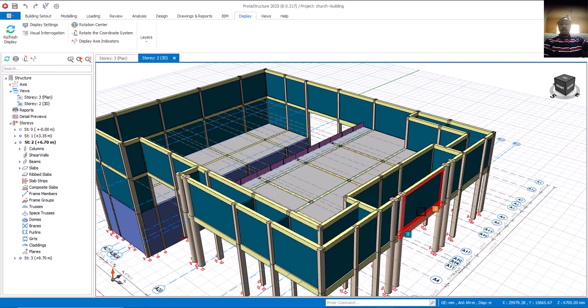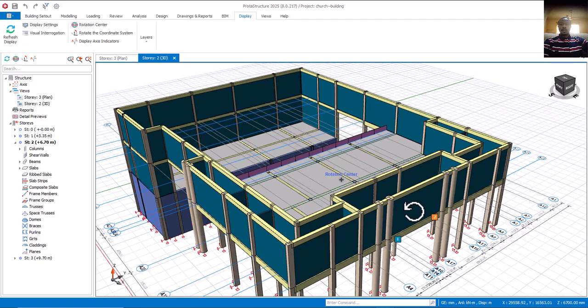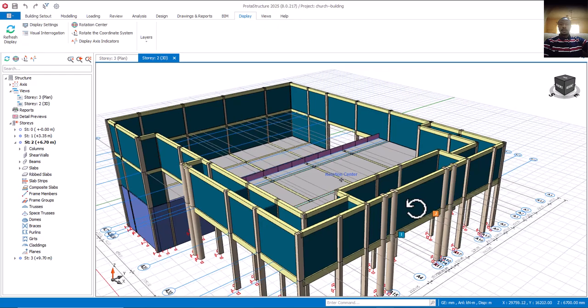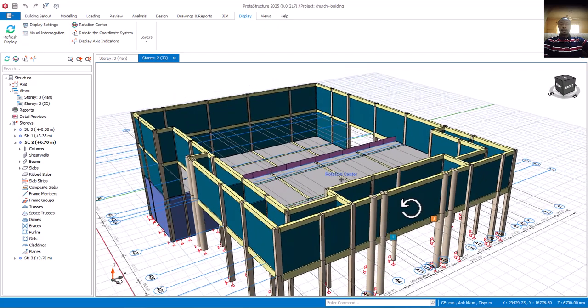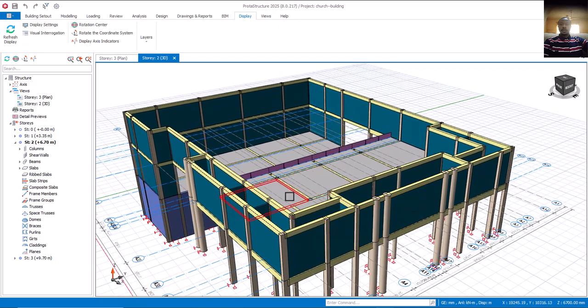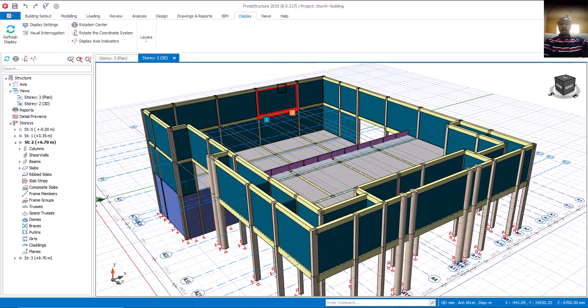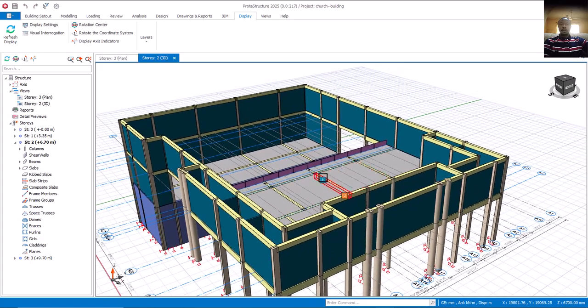Today, we want to continue showing you how perfect ProtaStructure 2025 is when it comes to steel, because many have been complaining that the steel is not working in their own ProtaStructure 2025. But we are doing this video. We have done other videos. This particular video has parts, you understand? So now we want to show you how to